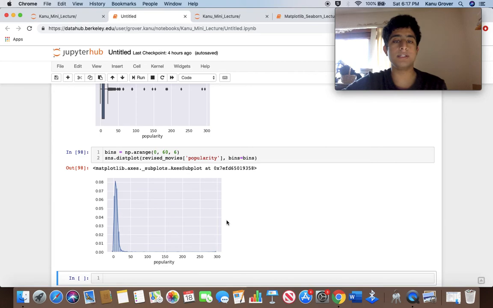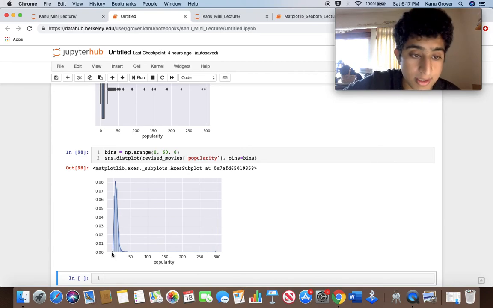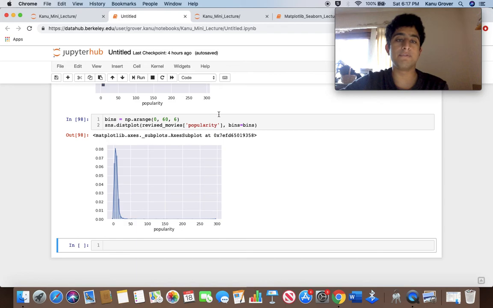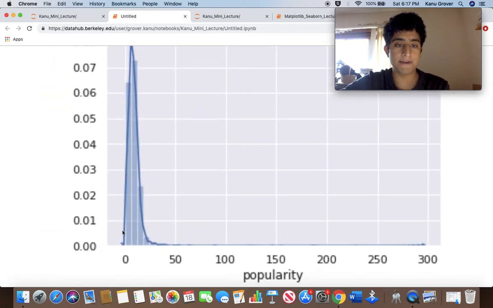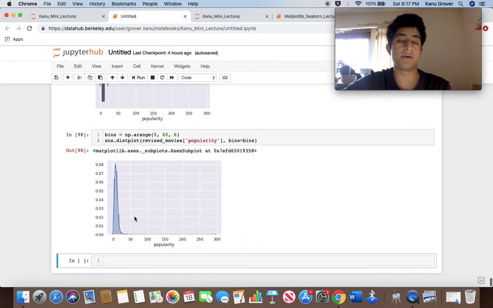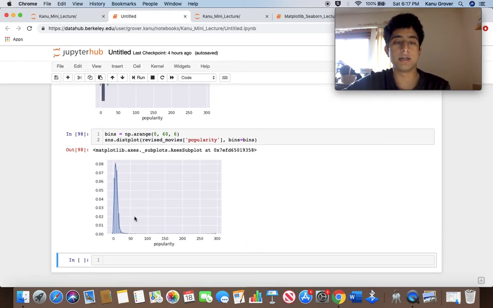But the default in Seaborn is that we look all the way from 0 to the end of our data, which, if we take a look at our box plot, ends at almost 300. So even if we choose the bin length to be about 6 in a range from 0 to 60, it will draw our bins, but our range will be set to the range of our data by default, which isn't a really good